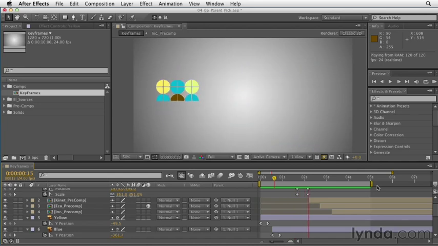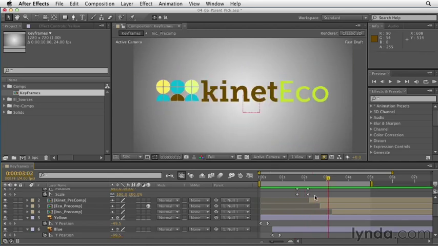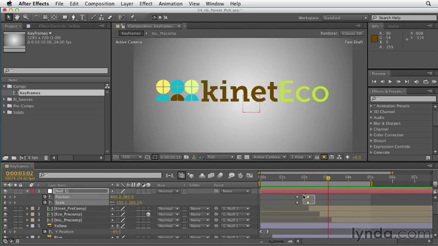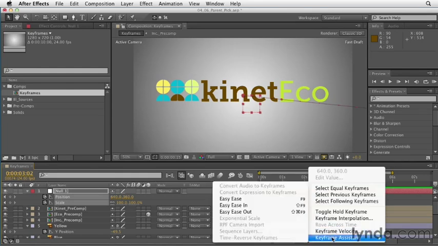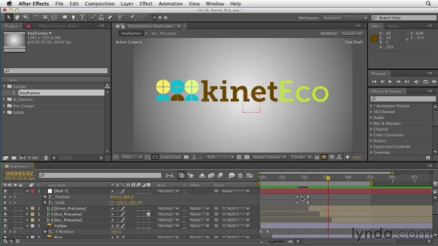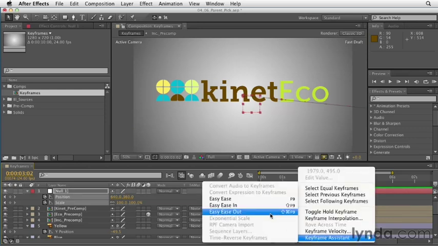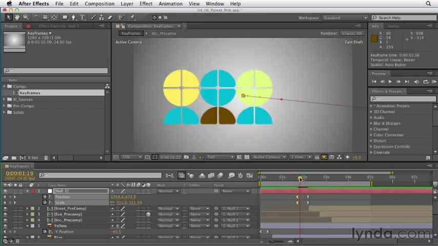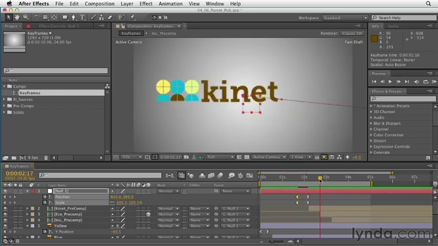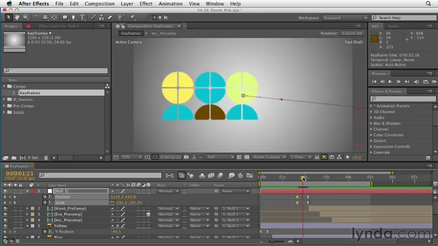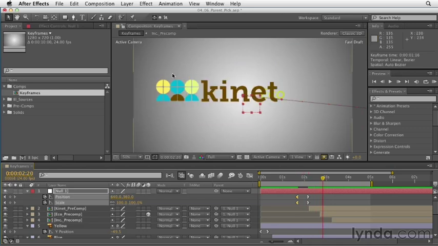Not quite what I'm looking for. So let's just add eases to both of these keyframes. Just click and drag and choose Keyframe Assistant, Easy Ease In. I'm going to click and drag a lasso around the other keyframes, right-click on them, Keyframe Assistant, Easy Ease Out. Now that's going to give that smooth motion back, but also I want to go ahead and animate the colors